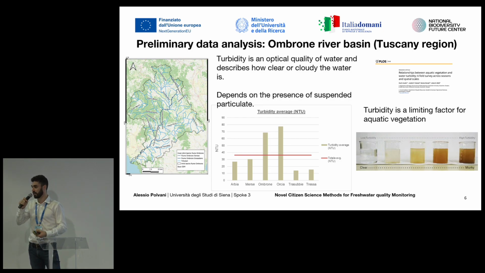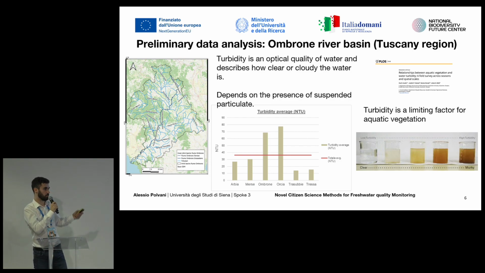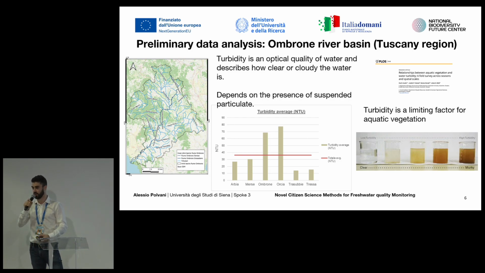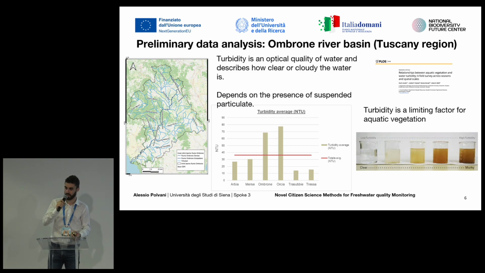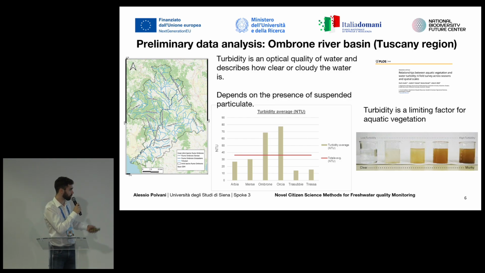So it describes the cloudiness of the water, and it depends on the presence of suspended particulate. Turbidity is a limiting factor for aquatic vegetation because it scatters the sunlight, which cannot cross the watershed, and so aquatic vegetation cannot receive the light from the sun. And here in this case, we have a high level of turbidity on the Ombrone and Orcia rivers, which are